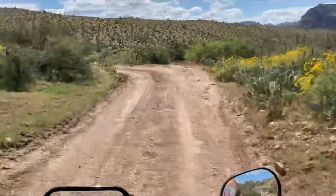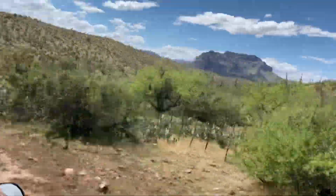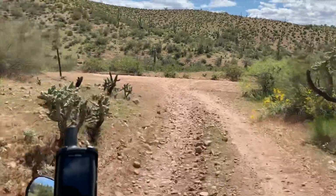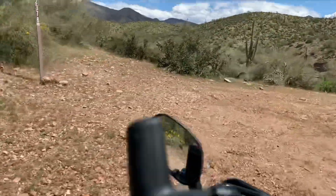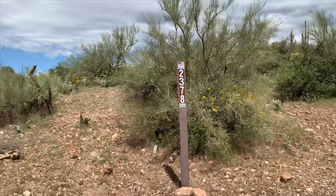Once again, sorry about the wind. Yellow flowers. It's like squirrel, squirrel. I'm kidding. I have family make fun of me for that. Actually, I have family make fun of me because I talk too much, and if I'm talking too much, they'll say bananas to get me to stop talking. But hey, so